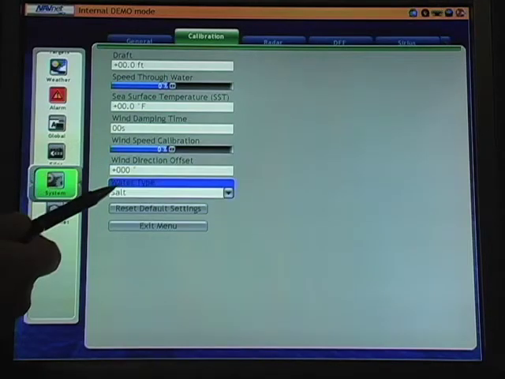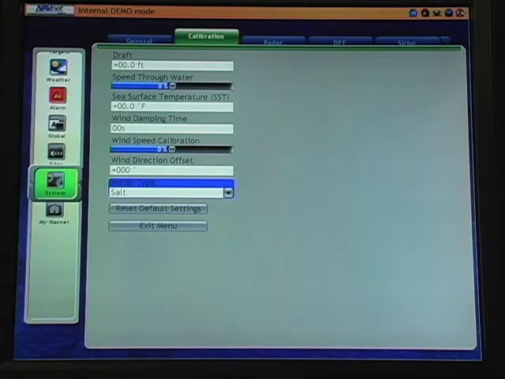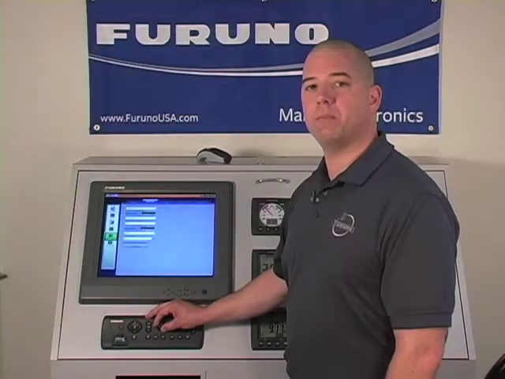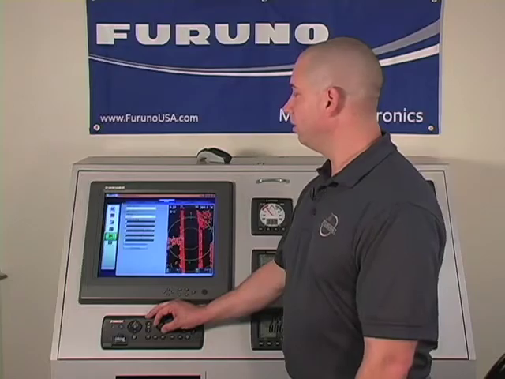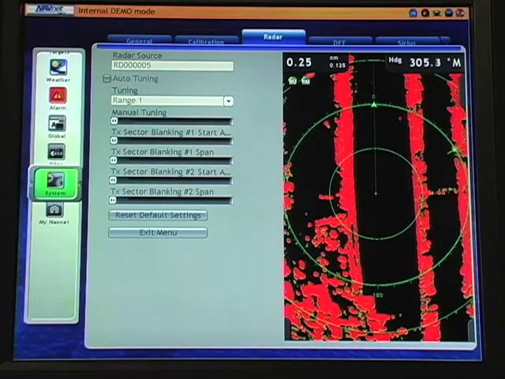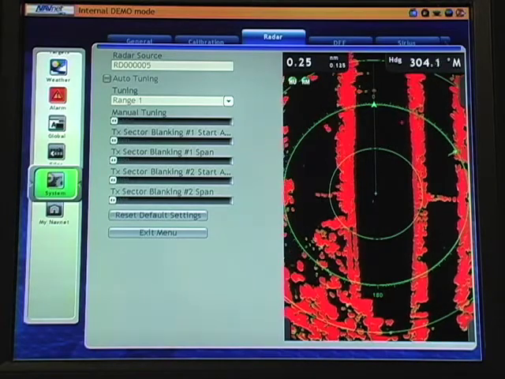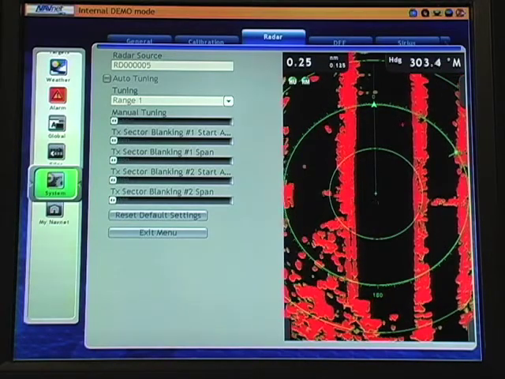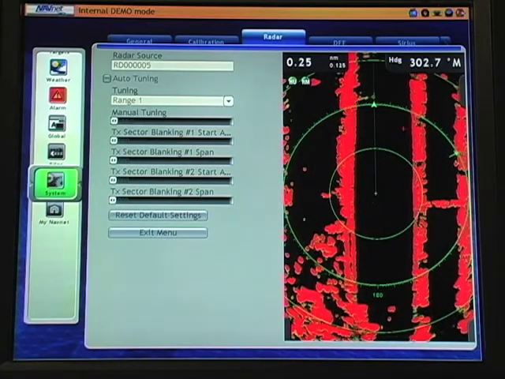as well as a calibration for water type of either salt or fresh, which can make a difference when maintaining speed through water. After our calibration tab is a tab for making certain calibrations of radar. The first selection is radar source. In most systems, there will only be one radar antenna available as the radar source. However, in those systems that may have two radar antennas, this is where the operator would make the selection between